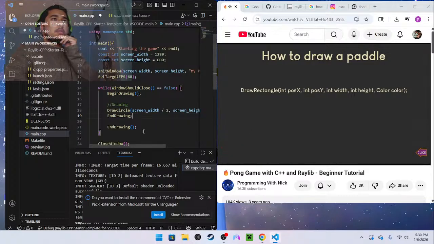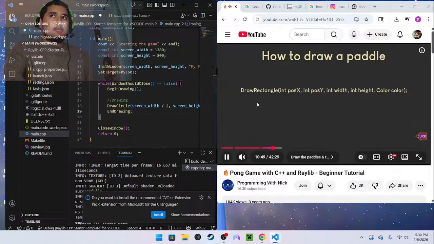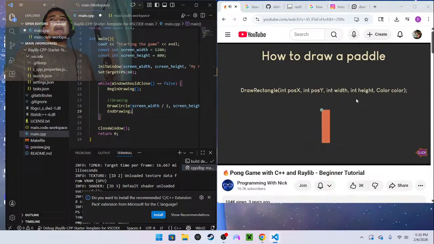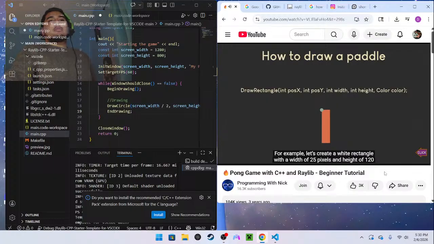Again, this function requires the x and y positions where the rectangle is going to be drawn, a width and a height, and a color. The rectangle is drawn from its top left corner. For example, let's create a white rectangle with a width of 25 pixels and a height of